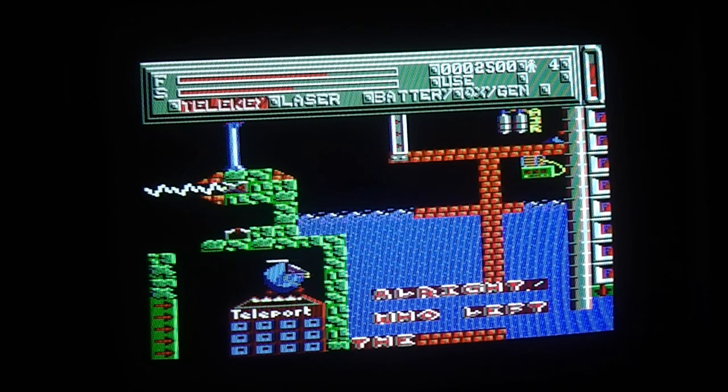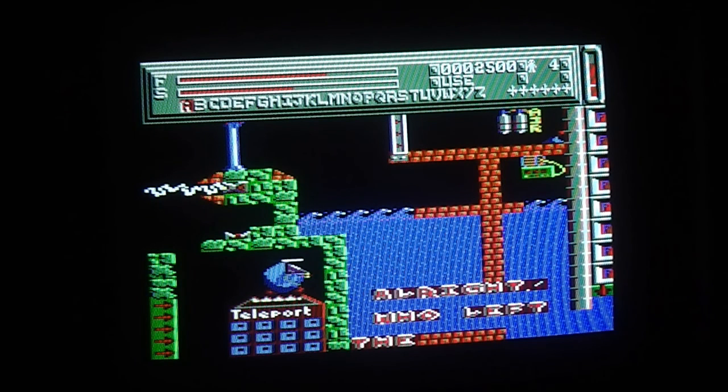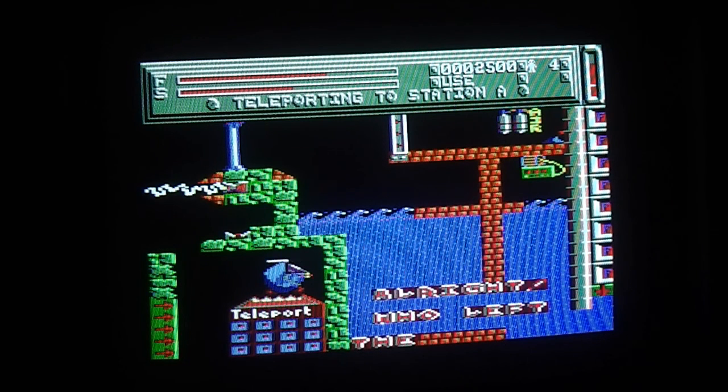Interesting. Let's try that again. I'm sure it was EGG. Ah, it wasn't a Y, it must have been a T. EGGZTT. There we go. So the teleporting starts, but in order to teleport, you've got to complete a little mini game, and this